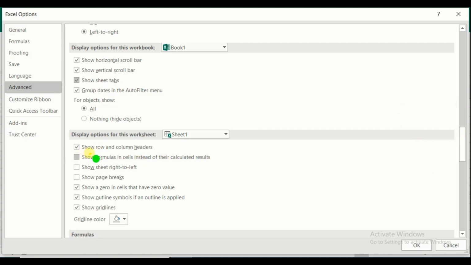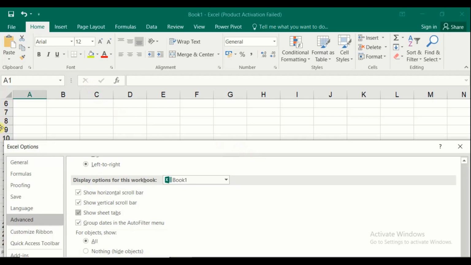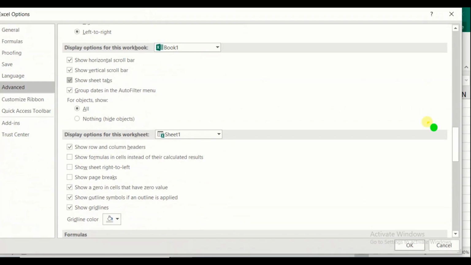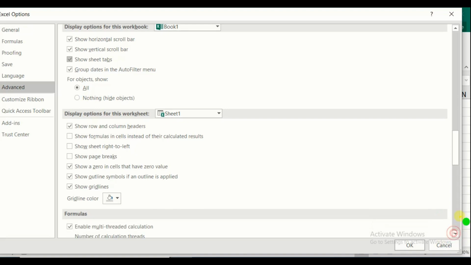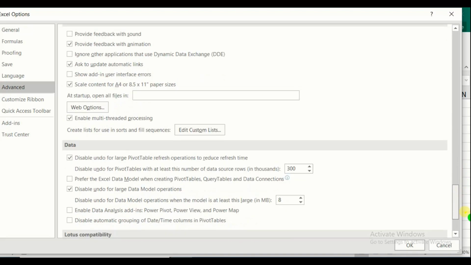Next one is show row and column headers. It is very important. Let's see what show row and column headers is. See, this is 1, 2, 3, 4. The numerical values are the row headers, and A, B, C are your column headers. From here we are disabling this option. Let's see what is happening in the sheet.